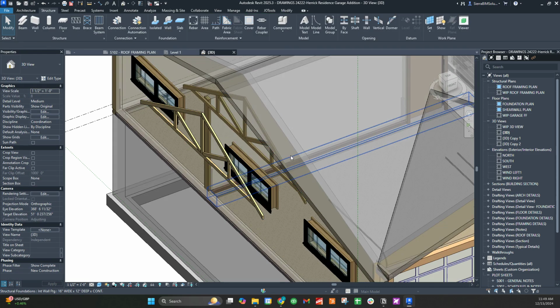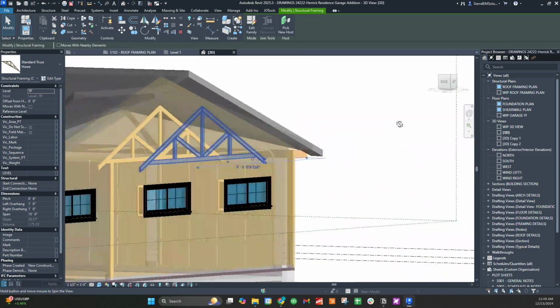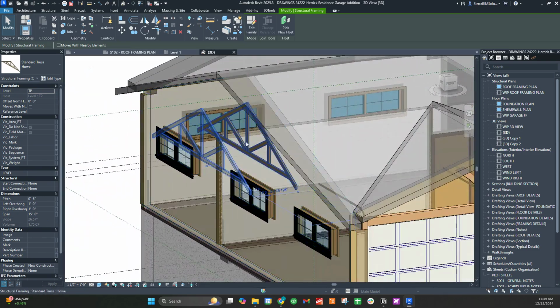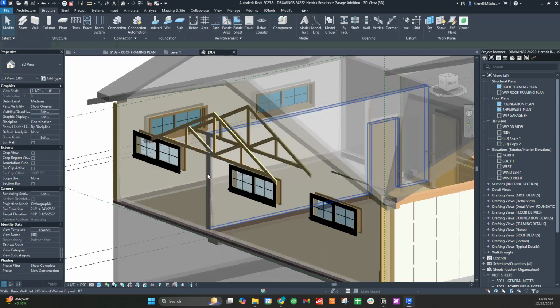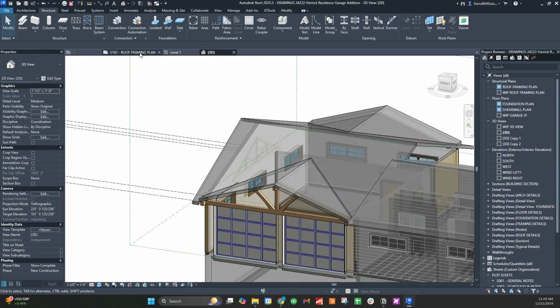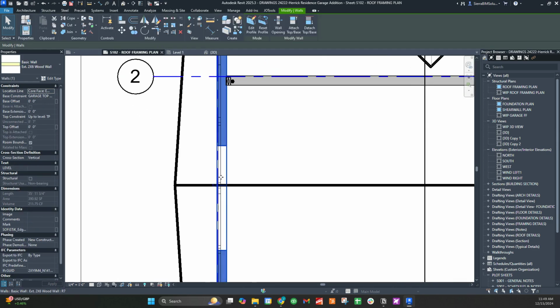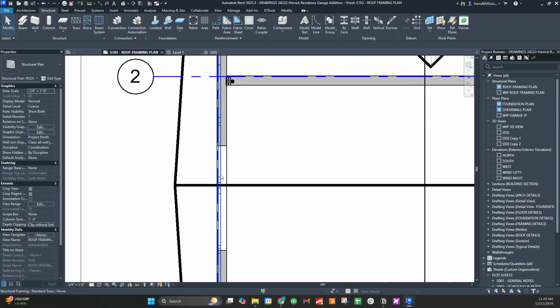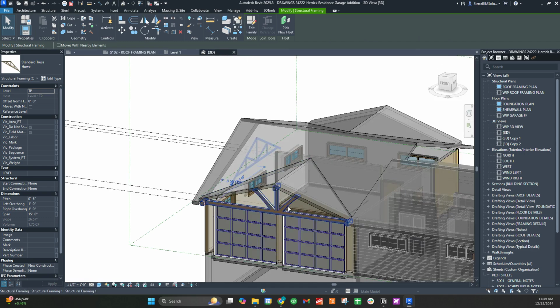So you can use a Revit add-in, or right now I have this custom truss that I have. I found it somewhere. I think it was Revit City, something they kind of modified a little bit. But we're just going to do a roof plan here with the trusses. So this is the truss. This guy